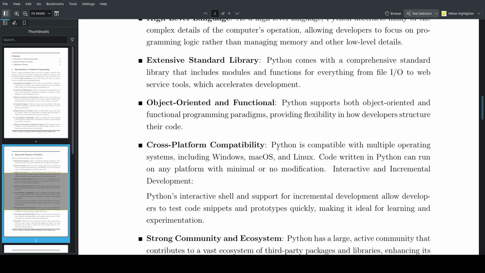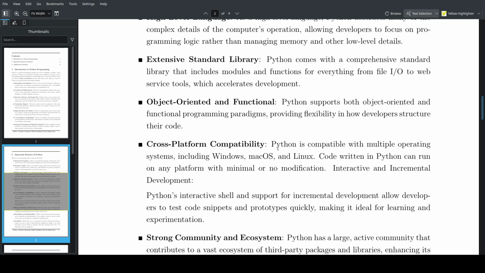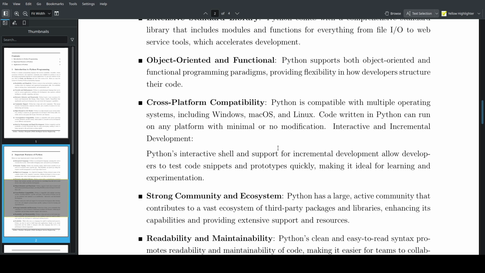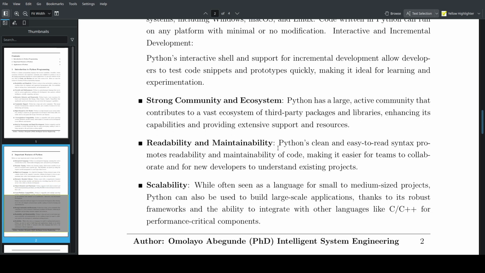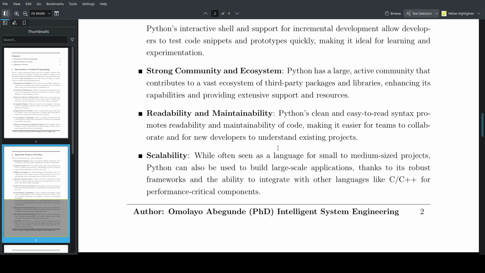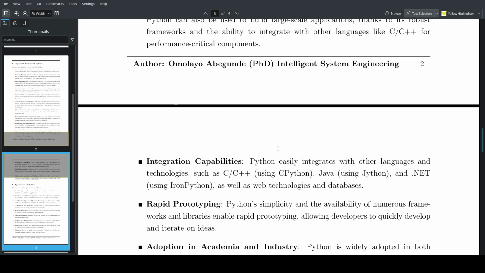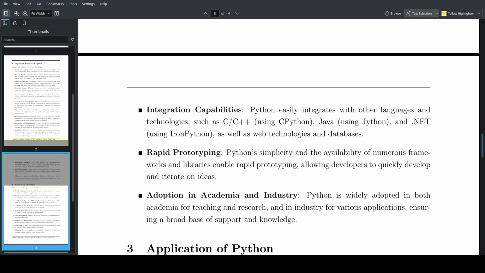But Python is a great choice in science and in engineering. It has cross-platform compatibility as well, a strong community ecosystem, and readability. Integration: you can also integrate Python with C. I've once integrated Python with Java, so Jython.